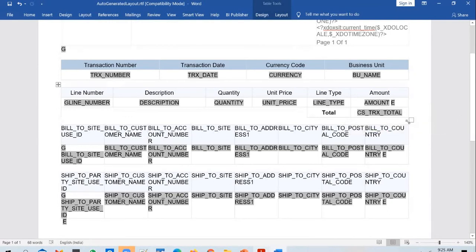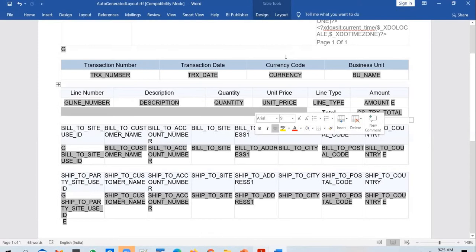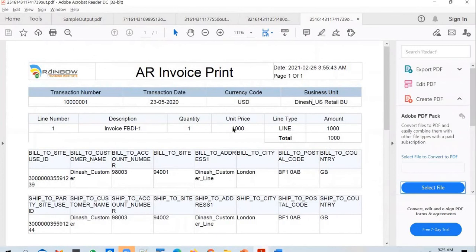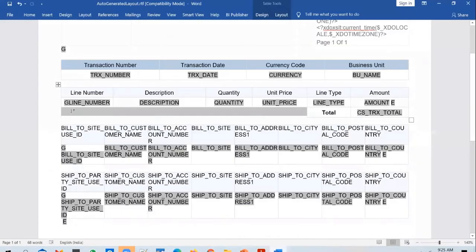And we have fixed the line section as well. But there are two more sections that we need to fix. So if you look at this here, we can print the PDF output and we can see how it looks like. Okay, so the output is looking fine. The line is getting printed, total is getting printed, but there is this additional border that got enabled. So let's take it off.